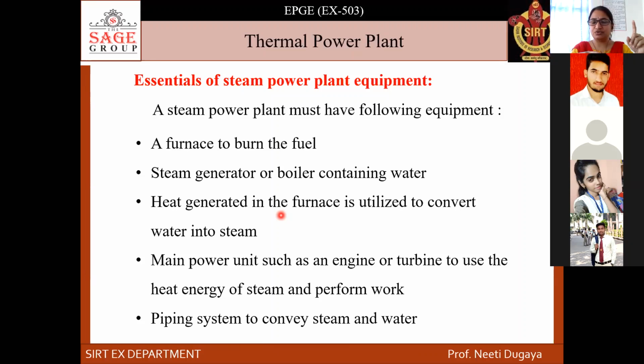So that pipeline carries this water into the boiler, and then after the boiler, when the steam comes, it again goes through the pipes. For condensation, the steam goes to the condenser, which also uses the pipeline structure, and the condensed water is then shifted somewhere to store and again fed to the boiler, which is again the piping system. By the help of the piping system it just moves.